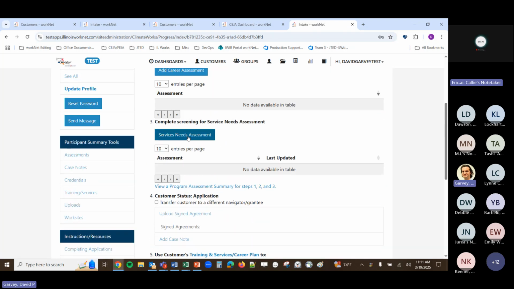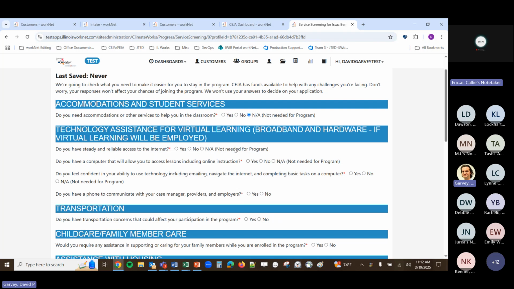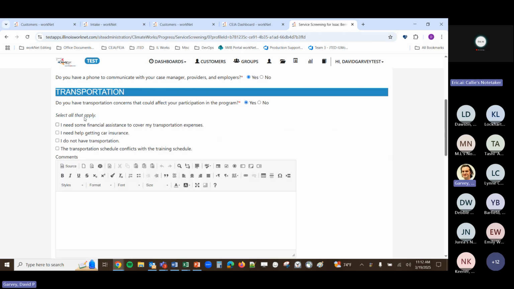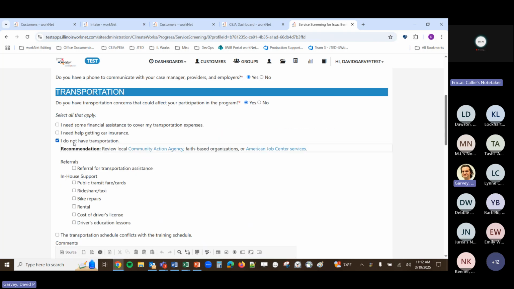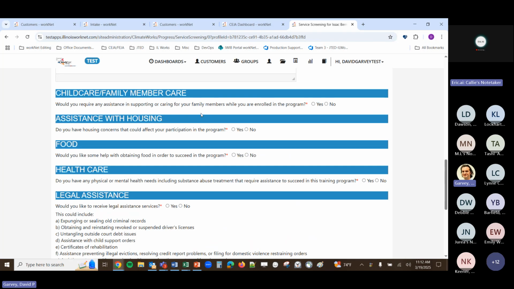Okay, so intake. All right, so we'll go through the service needs assessment and just get some selections here. Let's say they needed assistance with transportation. Okay, public transit fare cards.